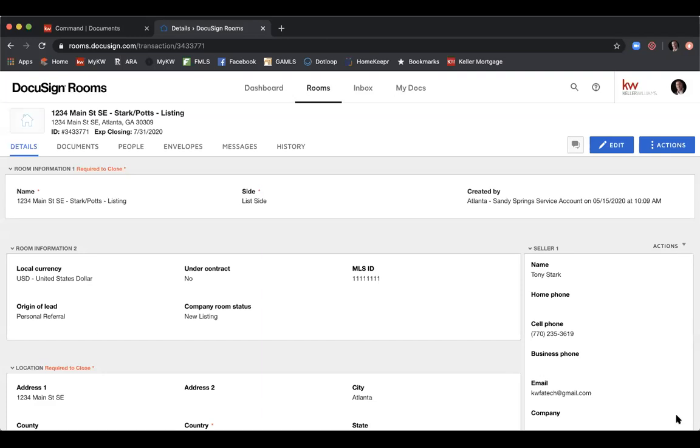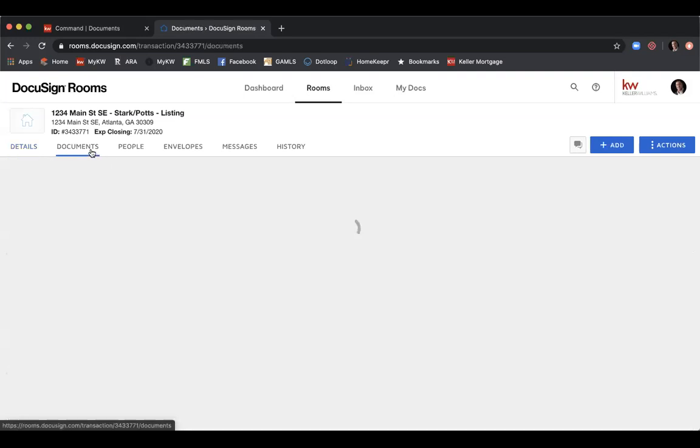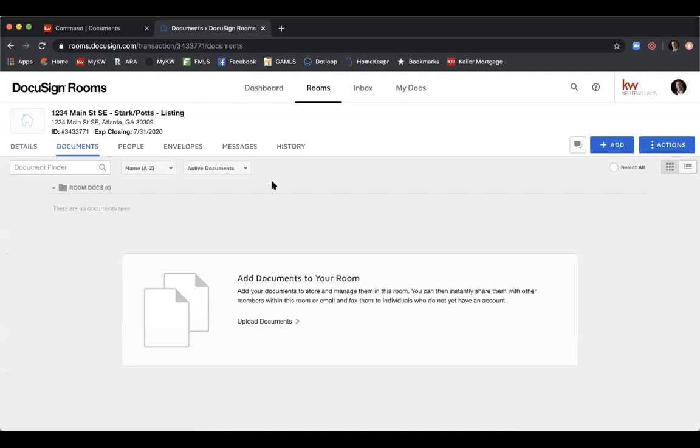So the room details have been updated, so we are good to go. Now our next step is to go to the Documents tab, and this is going to be where we start to add our GAR forms. So our buyer brokerage agreements, our listing agreements, our purchase and sale, any exhibits, amendments, all will be added here